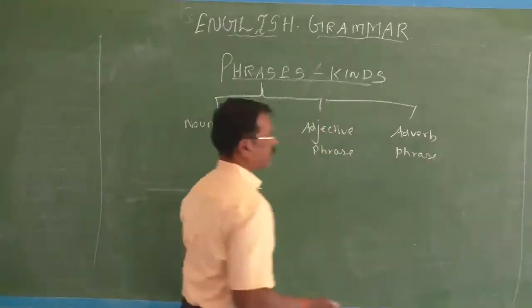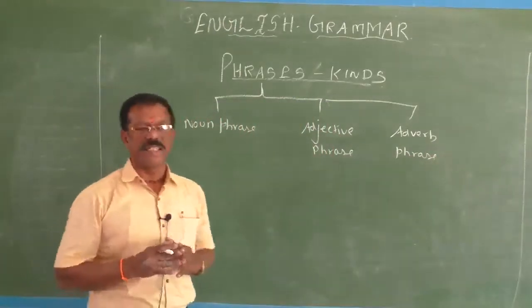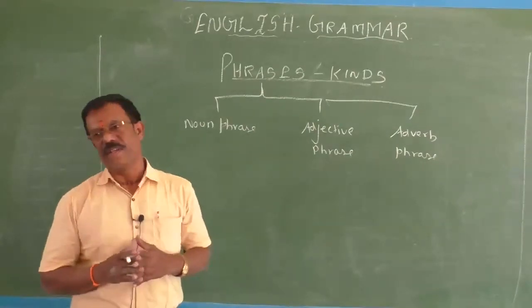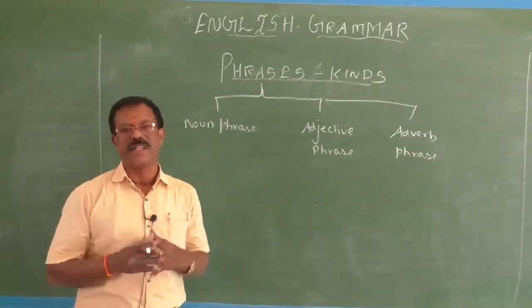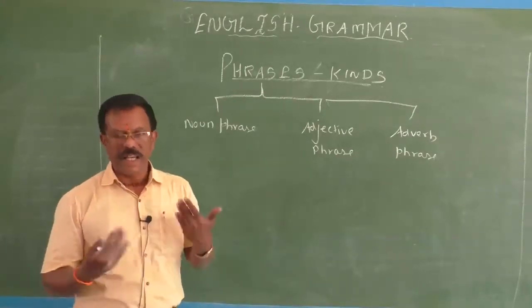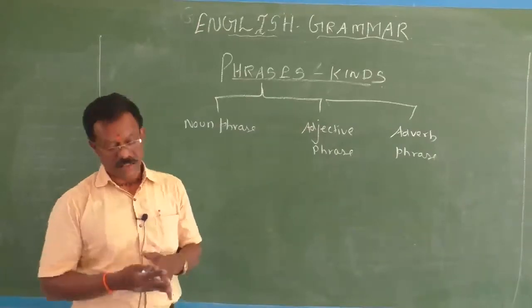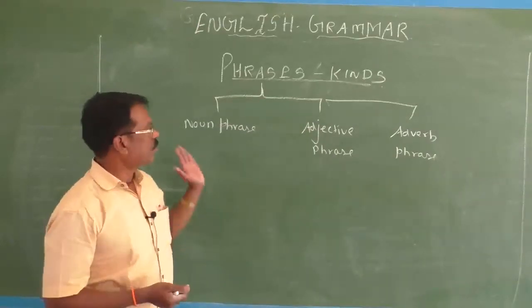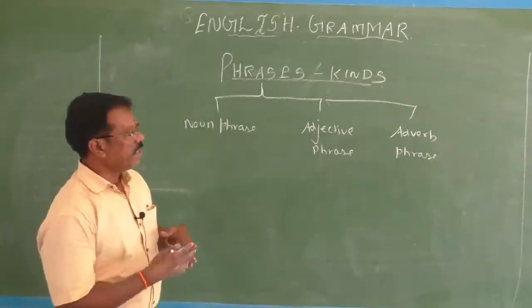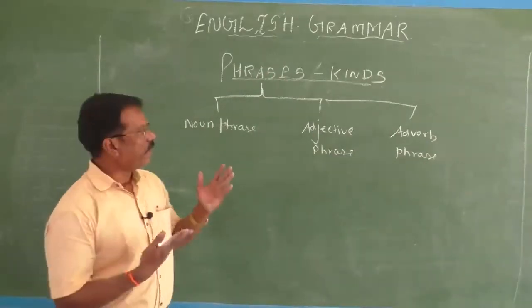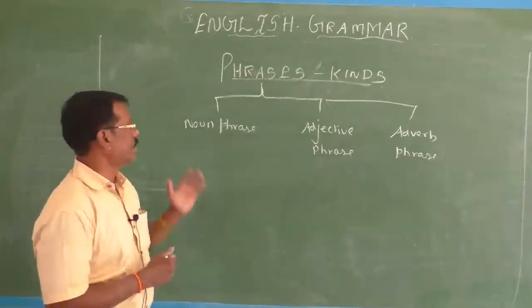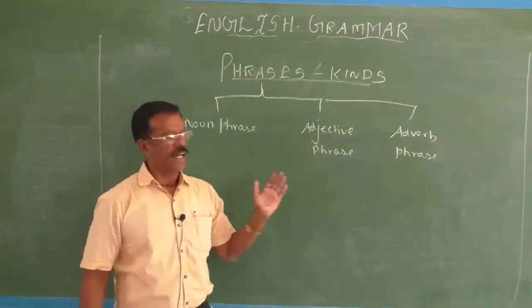So you should know the structure and the function of each phrase in a sentence. These phrases are parts of a sentence. That's very important. They are used in a sentence to complete the sense. Phrases are many in types or kinds, but for the sake of understanding, we are going to see only these 3 types in today's video class: noun phrase, adjective phrase and adverb phrase.